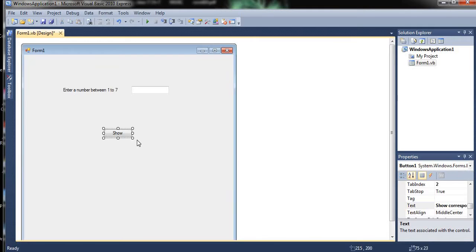Suppose the user enters 2, then the corresponding day will be Tuesday; 4, then Thursday, like this. There are 7 days in a week, so we ask the user to enter a number between 1 to 7, and after giving the input the user will click here to see the corresponding day.